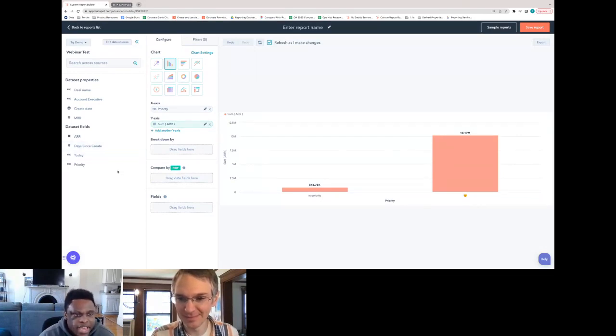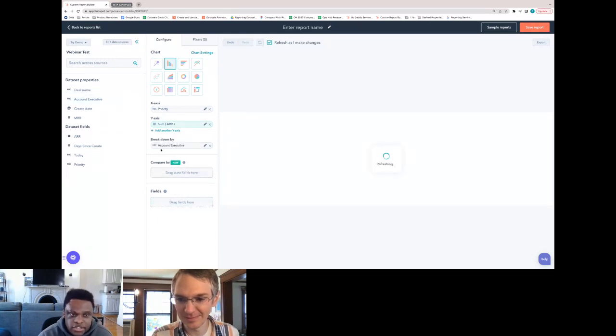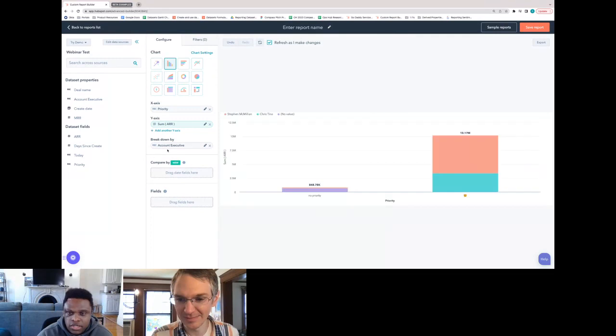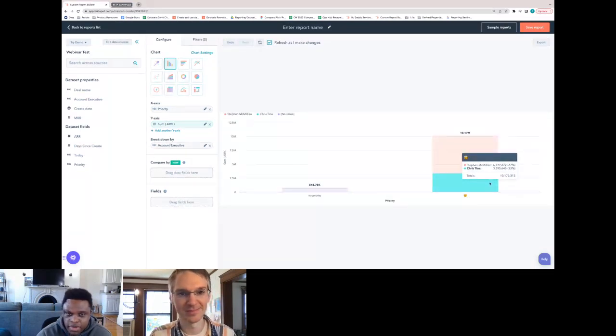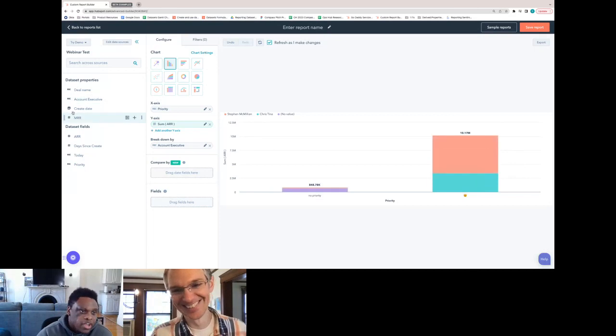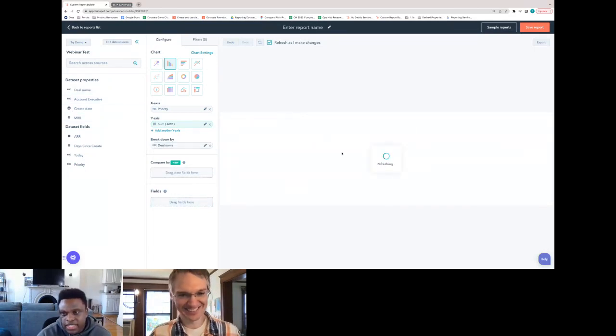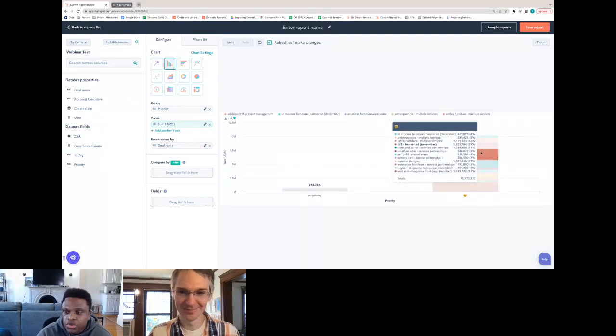And then I can use a breakdown field to understand which account executives are handling these deals. So Stephen is accounting for 67% of this pipeline of mind exploding deals. And then Christina is about $3 million deals. Or I could use something like a deal name as the breakdown to understand what are the actual deals